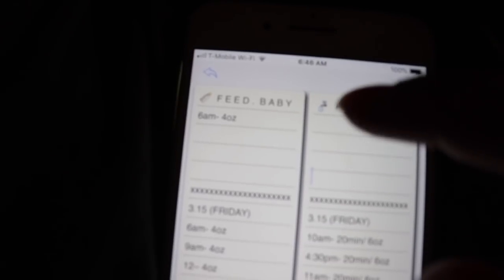So like this morning, I fed him at 6 a.m. and he ate 4 ounces. Last night, earlier in my video, I had fed him at 11:45. He had 4 ounces and then he woke up at 6. And whenever I pump, I just put it right here. So this has been keeping me sane. I don't know, it's a weird little system, but...